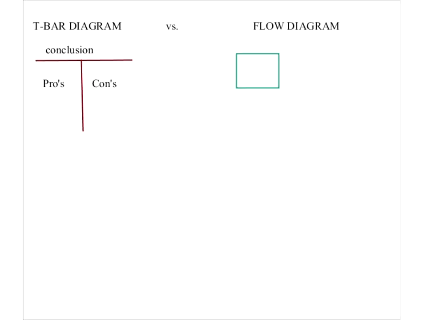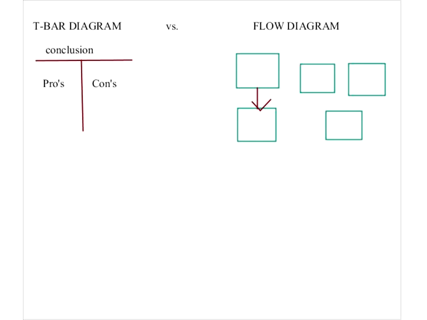where the flow diagram has all these boxes going on, where you might have an arrow here, and then you might have two arrows pointing over here, and then maybe this is some argument over there, and this is some counterargument. So, I mean, the advantage here